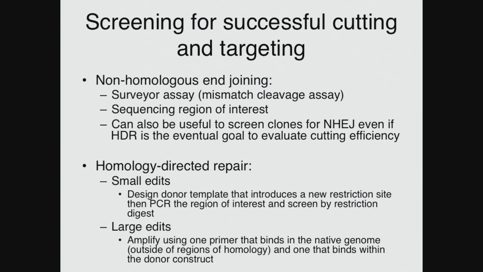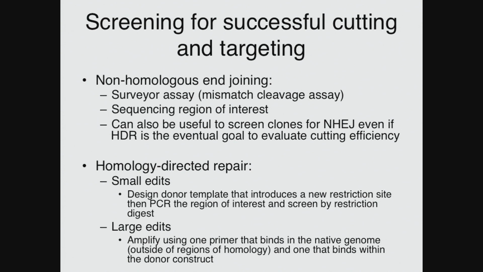One note about this is if you're trying to do homology-directed repair with a template, and especially if it's not working, you can screen for non-homologous end joining just to see if you're cutting. So if you're trying to put a reporter in and it's not working, it might be that your guide RNA isn't cutting, or it might be that there's something wrong with your donor. So screening for non-homologous end joining can be a useful way to figure out whether you're getting cutting but something's just going wrong with the